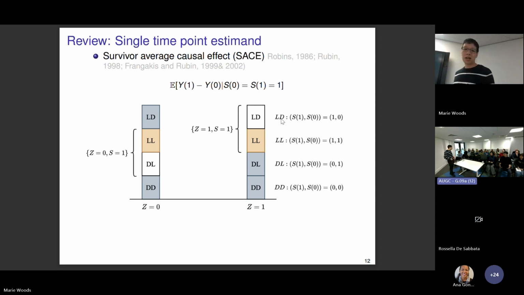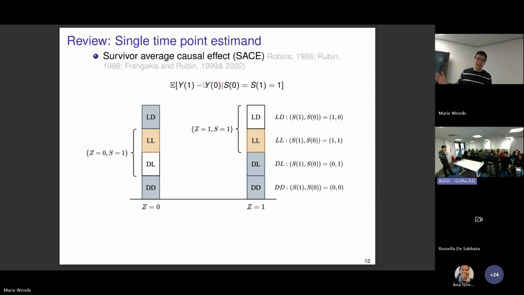Okay, so your outcome under treatment is well defined only if you can survive under treatment. And then similarly, your Y0, your outcome under control, is only well defined if you can survive under control, so your S0 equals 1. So in order for this Y1 minus Y0 to be meaningful, you need both S1 and S0 to be 1, right? So you need to always survive regardless of whether you take treatment or control so that we can make a comparison. Another way to look at this is to take the intersection of these two sets, which will give you the always survival.